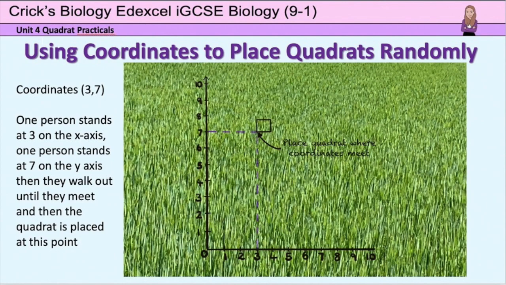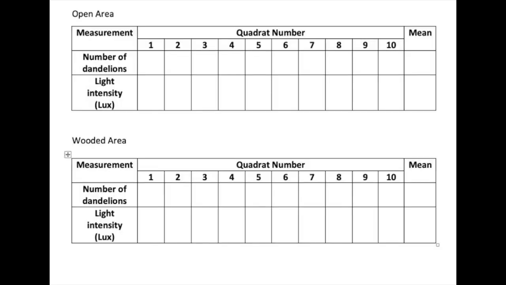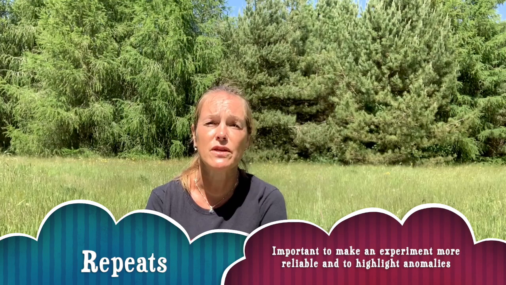I will then put the bottom left-hand corner of my quadrat at that coordinate and carefully count the number of dandelions in that quadrat and record it in this table. I will also record the light level, using this, at each quadrat to compare with the wooded area. I will then repeat this 9 more times so that I get 10 results. It is important to get repeats like in all experiments. It makes your results more valid